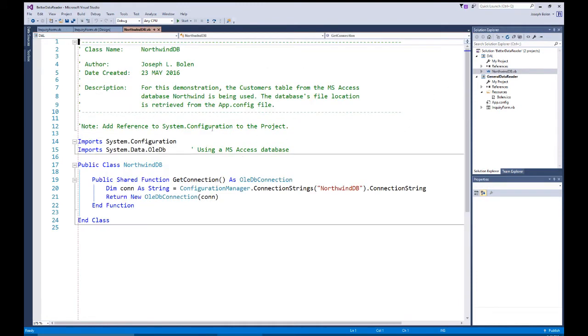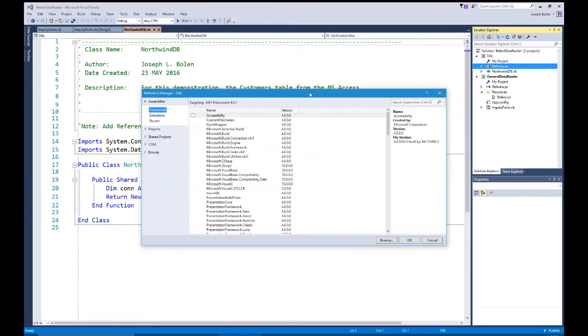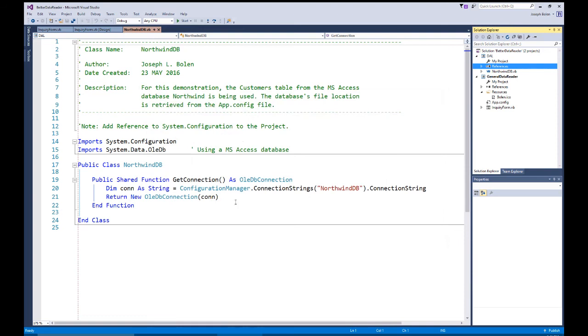We added a reference to the system configuration to the project by coming over to the project on our DAL project. We hit a right-click, add reference. We went then against the assembly and we scrolled down till we found the system configuration and clicked on it and added it to our project. That then gave us the ability to use the configuration manager in our program. And we also brought in the imports of the system data OLEDB because we were working with the Microsoft Access